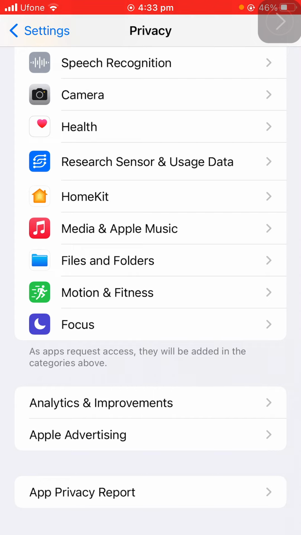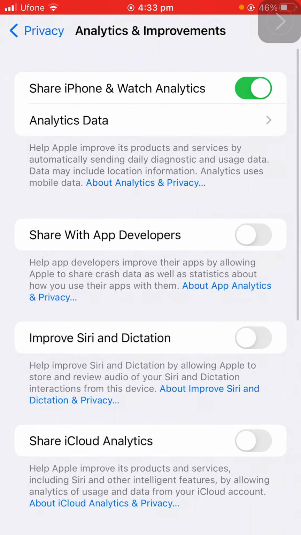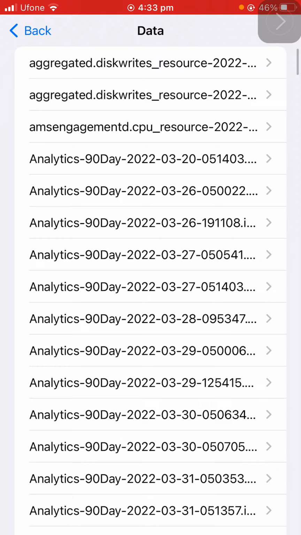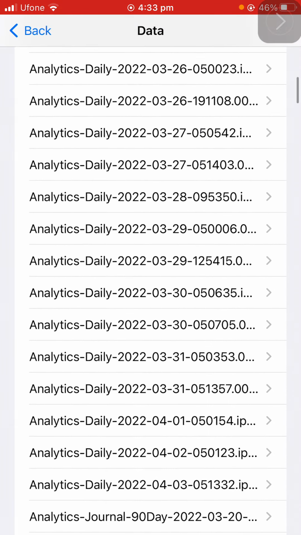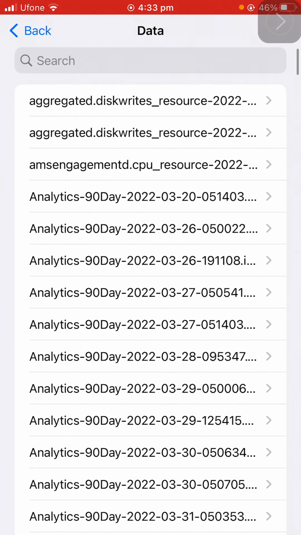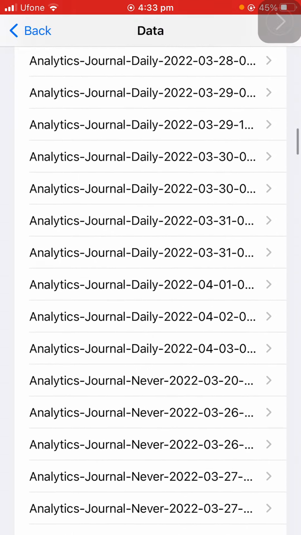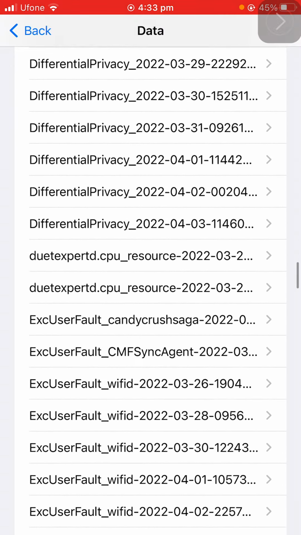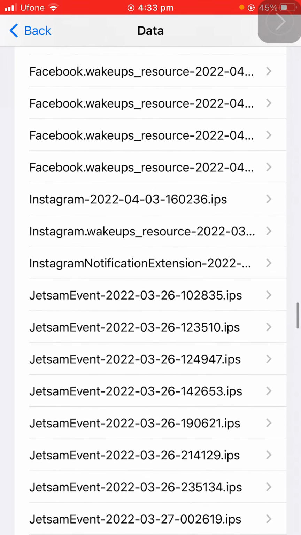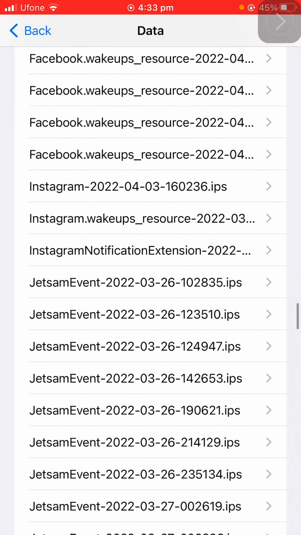There is an option, Analytics and Improvements. Select that one. As you can see, there is Analytics Data. Click on that one. There is heaps of data daily. Actually, it's Apple sending that data to the Apple company, like from Facebook, Instagram,